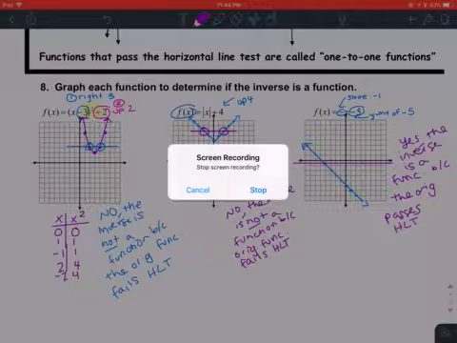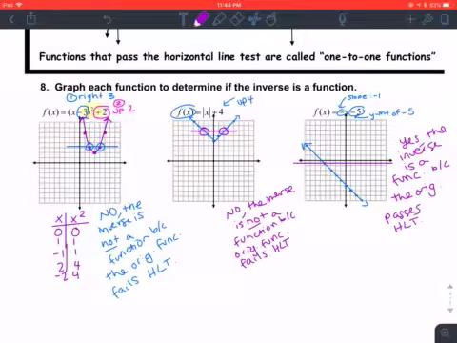Okay, now that you've seen this last page of notes, I want you to attempt the assignment, which is going to be the day 2 of inverses. I want you to finish that assignment before you watch the next